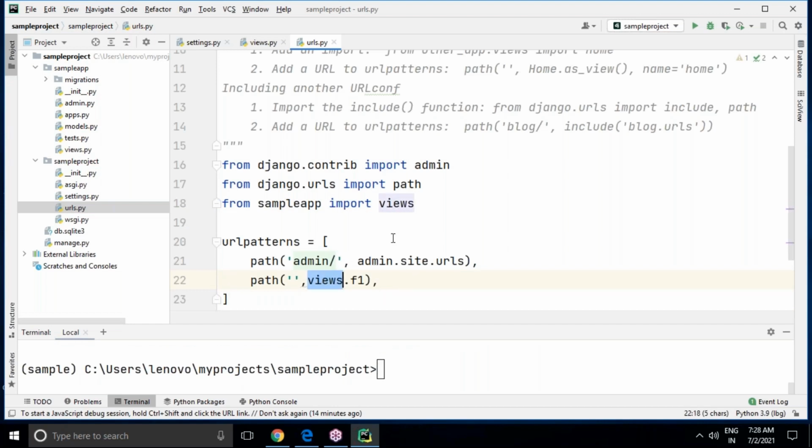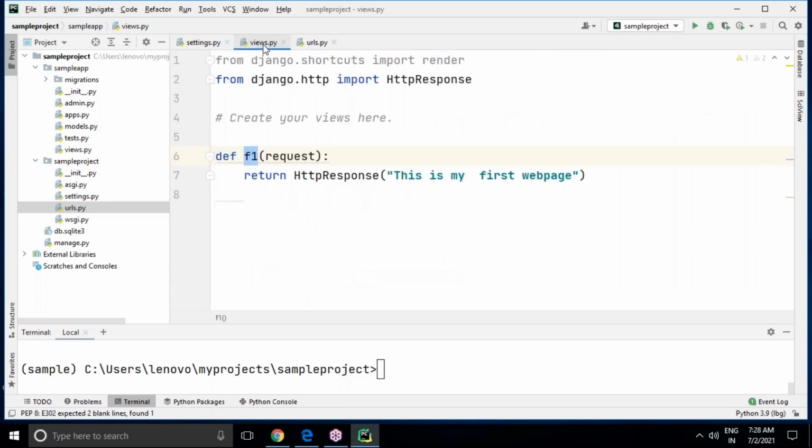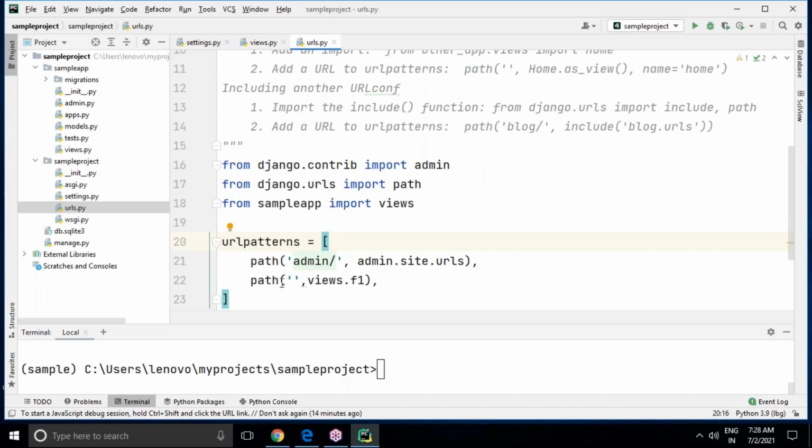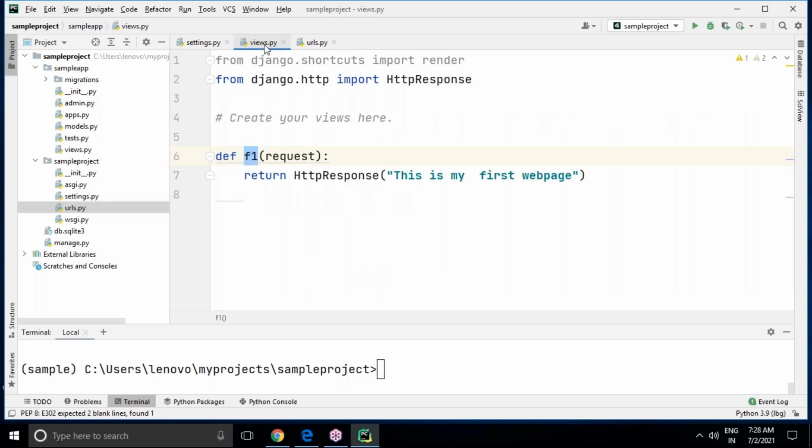After that, we have created the views.py, and whenever we send a request, that request goes directly to the Django server. The Django server will find the related URL pattern, and the URL name is not mentioned here, but it will find this URL through the views.f1 function. Whenever the f1 function executes, by default an HTTP response is given by the server, and it is stored in my web page. This is my first web page. This is the process.